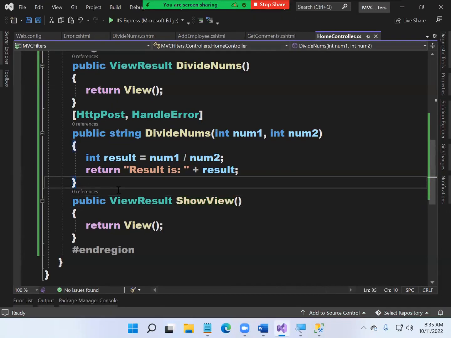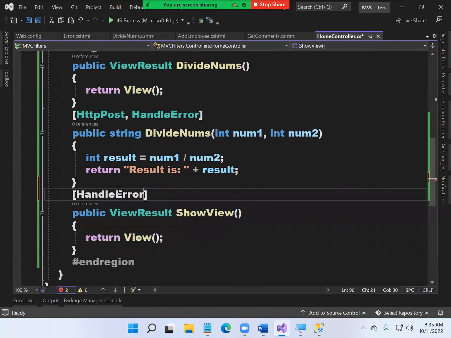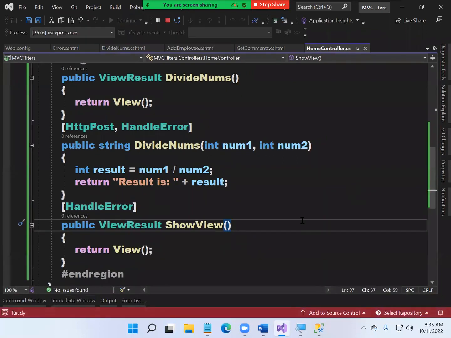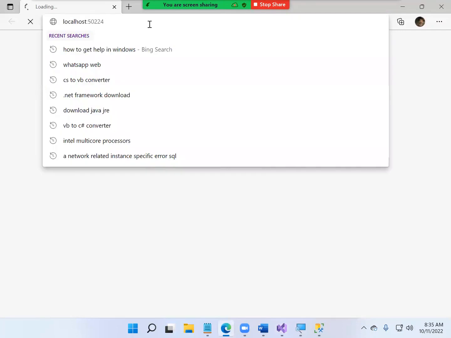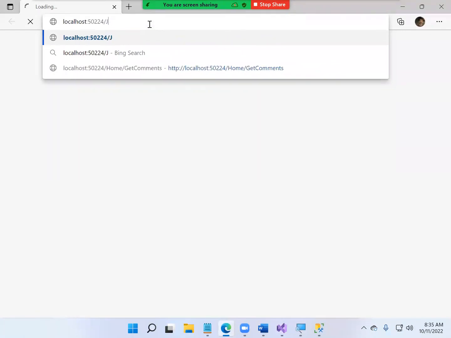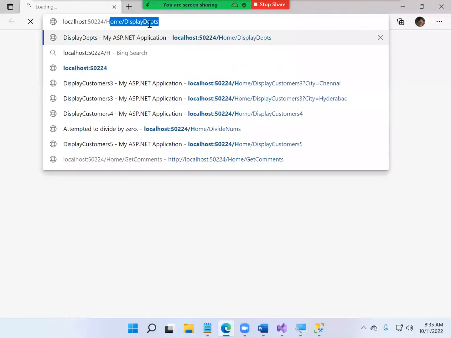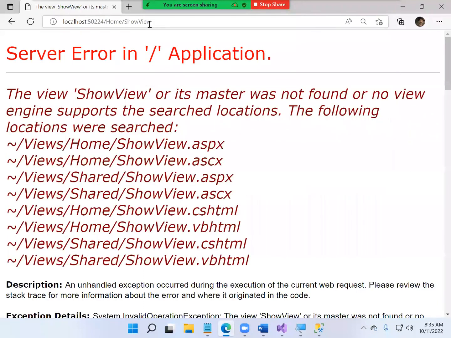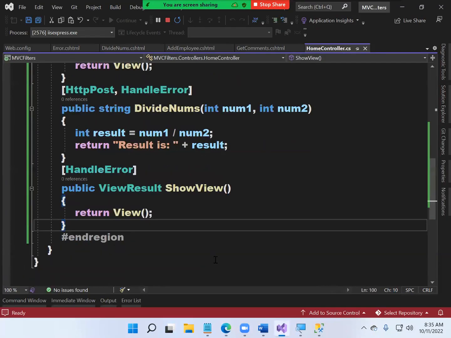Now can I use HandleError here? HandleError. Are you clear what I'm using? HandleError. Okay. So now again run this. Calling home. What is it? ShowView. Home ShowView. So I just called the home ShowView. But still, when I use my HandleError on that,